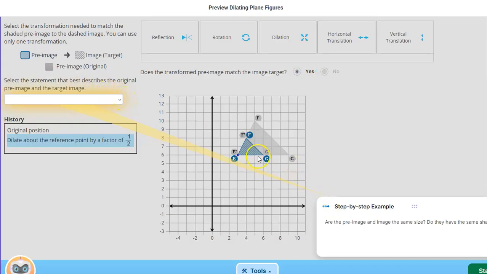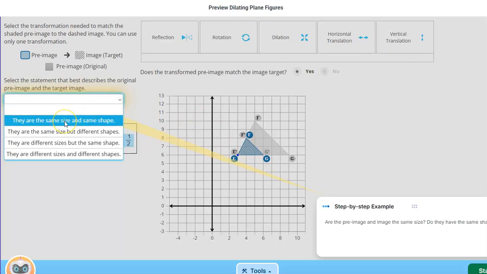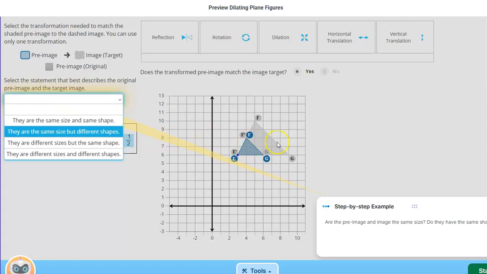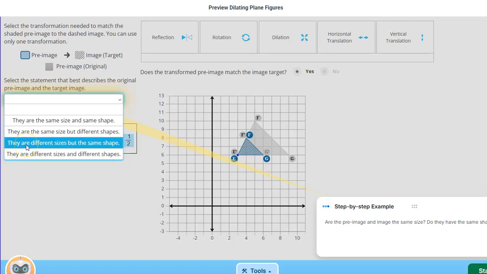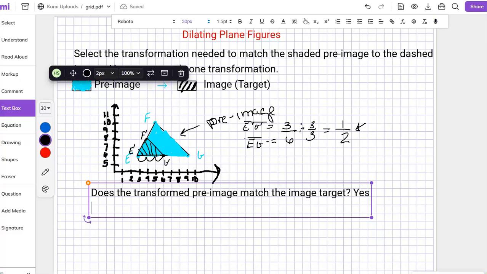So remember, when we did reflections, rotations, and translations, we said they're the same size and same shape. Are these the same size? So look at my blue and look at my gray here. Are they the same size? No, they're not. Are they the same shape? They are the same shape. So we're going to say they're different sizes, but same shape. So we're going to come back over here and we're going to put